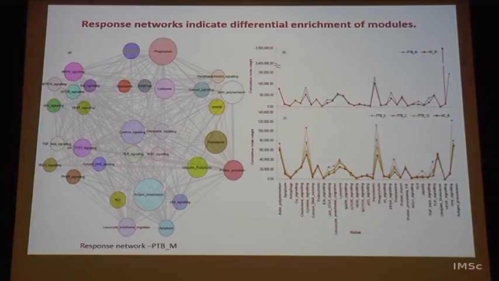So, we call this a response network of pulmonary tuberculosis in the macrophage based on the data that is available, and each of these circles is actually one of the modules that I showed you. Each one can contain up to 20, 30, 40 different genes in the module, and the size of it obviously depicts the extent of activity that we see, as we perceive by these paths that are out there.